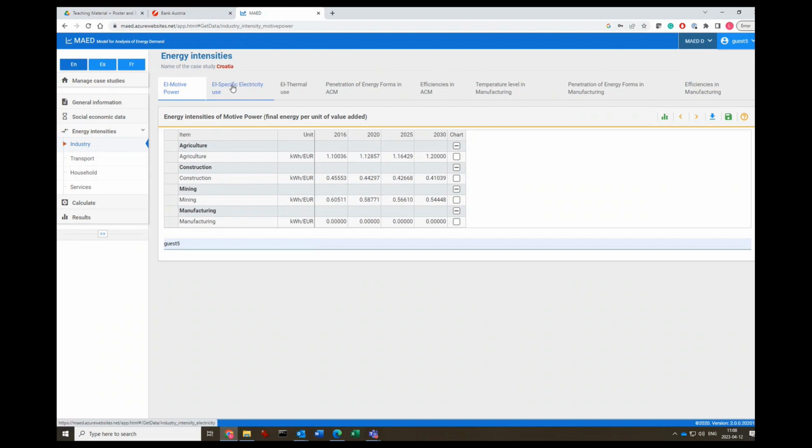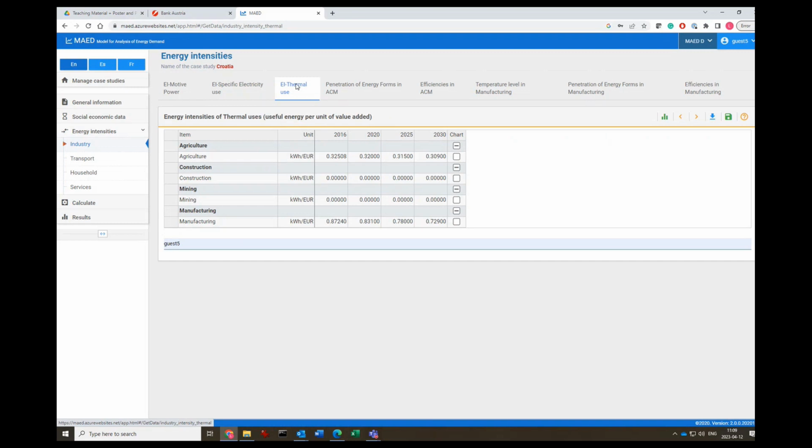The same applies to specific uses of electricity, which is also treated in final energy terms. So here we calculated the electricity requirements per unit of GDP, per unit of value added in these particular sectors, for the specific electricity use. And then we will be going to the